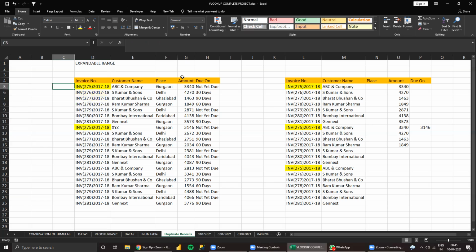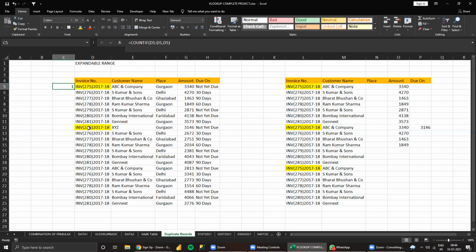So for example, see here, COUNTIF. Select this. See, my range is this only, D5 to D5, then lookup value D5. So for this only one is there.